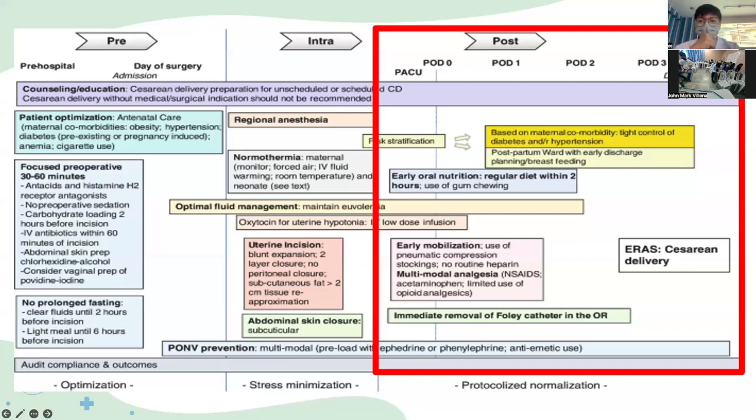Early mobilization reduces insulin resistance, venous thromboembolic risk, and hospital length of stay. According to the guidelines, for example, 0 to 8 hours post-op, they can sit on the edge of bed, out of bed to chair, and ambulation as tolerated 8 to 24 hours post-op. Early removal of Foley catheter, early urinary catheter removal, is important to support early mobilization goals. And this includes facilitating,